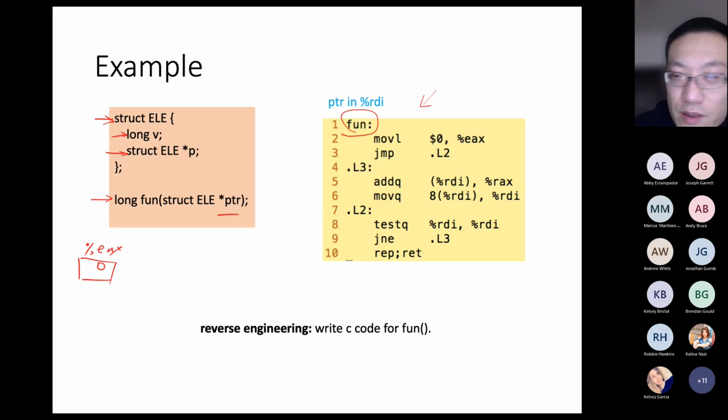We are trying to figure out whether RDI equals 0. If not equal to 0, we jump back to L3 and do it again. And quickly, we can see that this is a while loop, right? We have a while loop,